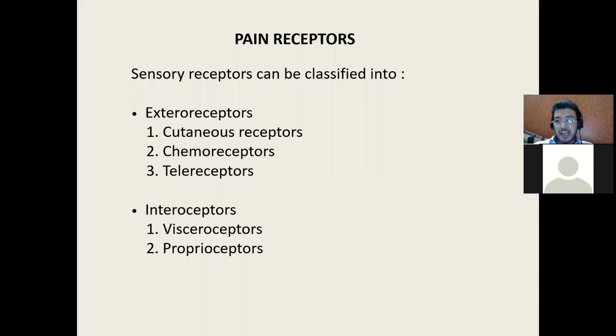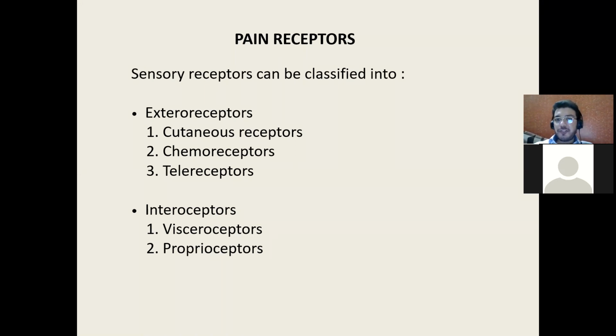Sensory means something which is carried from the extremities or peripherals towards the central nervous system, carrying impulses or stimuli, which could be pain, temperature, crude touch, soft touch, pressure, nociception, anything. That is what is sensory, which is afferent. Something where the brain gives the command, coming down from the brain towards the spinal cord and towards the action, is called motor, which is called efferent. This is very important for you to understand.